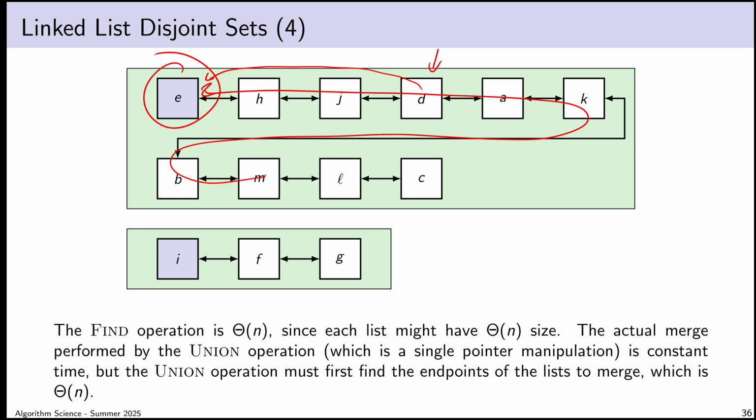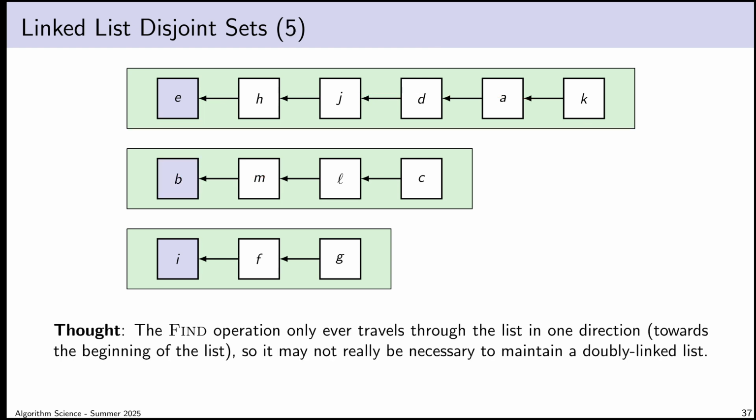I also need the ability to perform merges. I don't know that I need a doubly linked list for that. So let's think about what happens if I switch to a singly linked list. Now, I know full well that going from doubly to singly linked lists doesn't give me an asymptotic benefit, because a doubly linked list is just two singly linked lists overlaid back to back, effectively, like it's just pointers in two directions. But maybe if I can prune down some of the things I need, I can find a representation